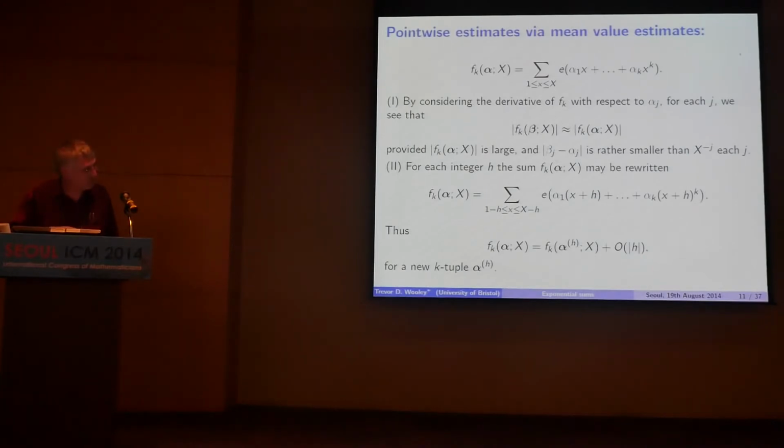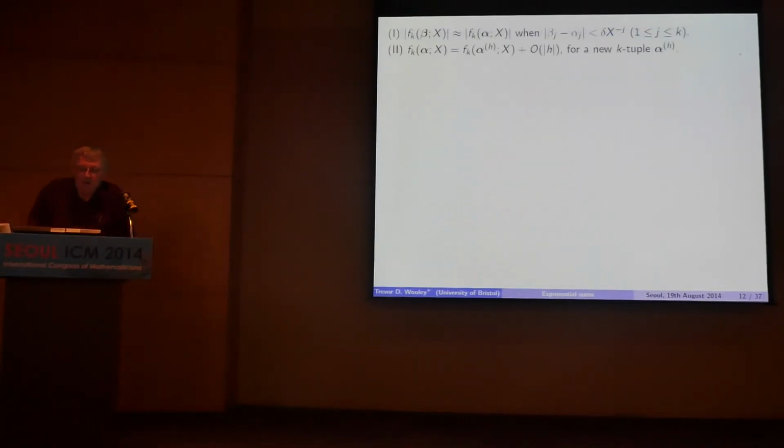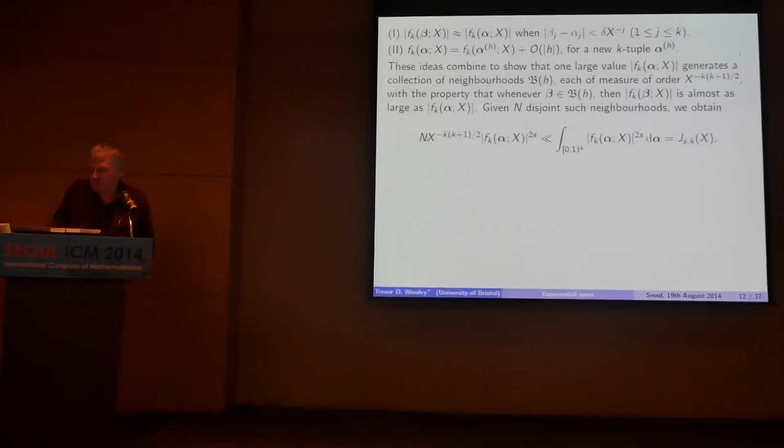But you see, if the h is small, I can add in and subtract off the tails of this summation, and it doesn't change the sum by much at all. So if h here is rather smaller than x, then I get what presumably is a new k-tuple of coefficients, and the size of the exponential sum really doesn't change very much. So if you apply this idea and pursue it through to completion, the idea would be that you can collect together a whole bunch of neighborhoods, these small neighborhoods of the original